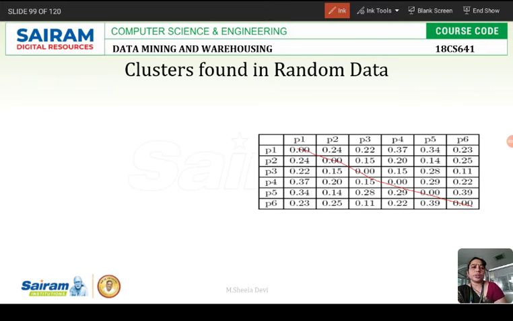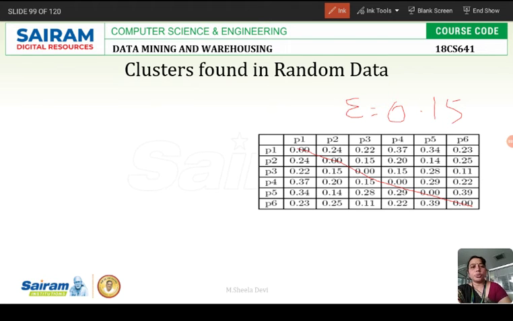With this, what we have to do? We should know which are the core points and which are the border points. So we will take the epsilon value as 0.15. Inside this, within 0.15, we will check, and the minimum points we will consider, say, 1, 2, 3 will be coming.